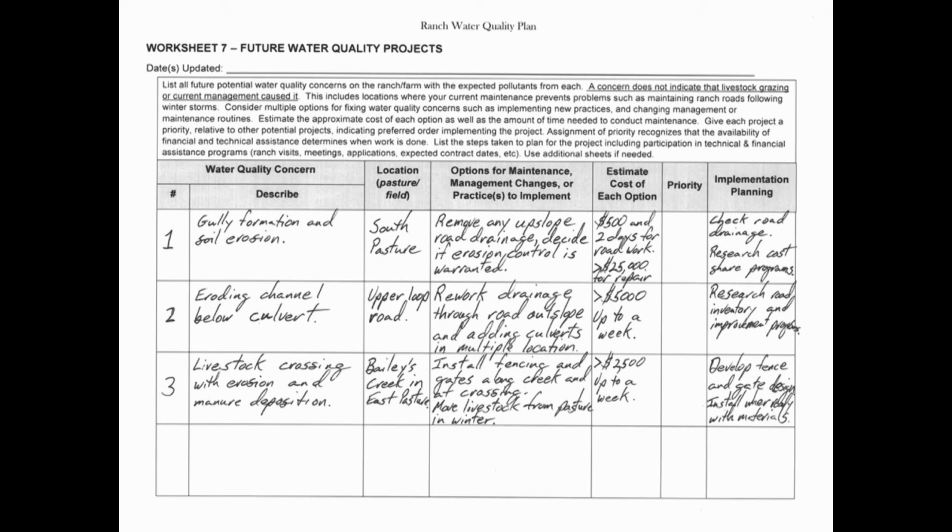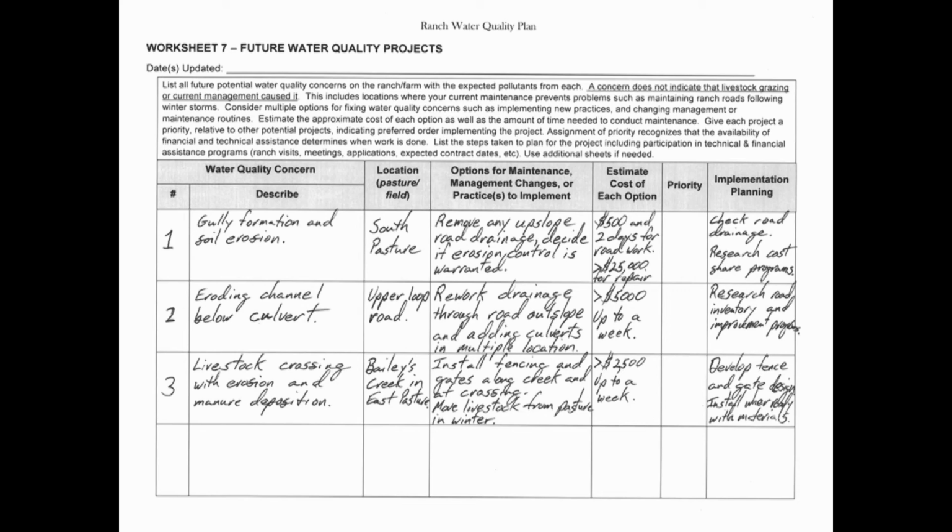Prioritizing projects should consider the cost and complexity of the projects. Simpler, less expensive projects, and ones you can do yourself, generally can be done sooner. Also, projects that are caused by current management should be addressed ahead of those caused by natural and historic factors. There are always exceptions to these rules of thumb. For example, there may be a cost share program this year, and a more expensive project that requires engineering and permits could move up in the order.